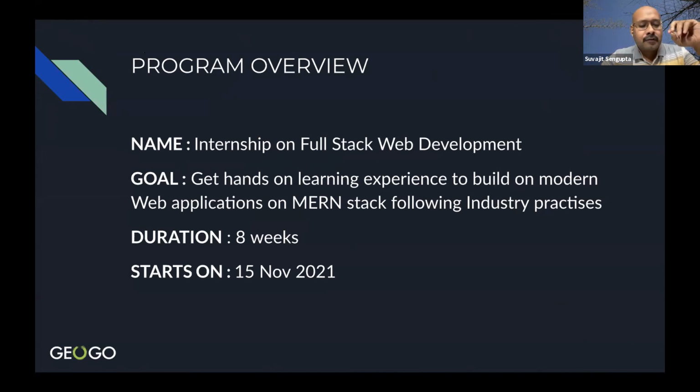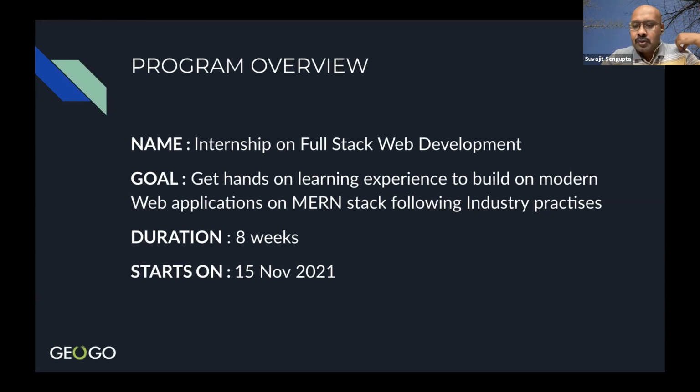When we talk about MERN, for sure I think a lot of you know what MERN is, but let me read about it. It's Mongo, Express, React, and Node. This is where modern web applications are currently built today. In most cases, even if you see Twitter or Facebook, all of them are built on React. And there's a huge demand today in the industry for React developers.